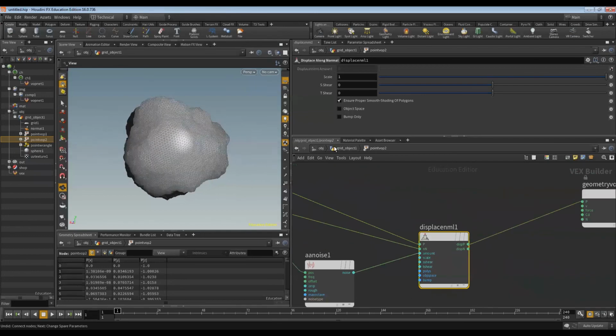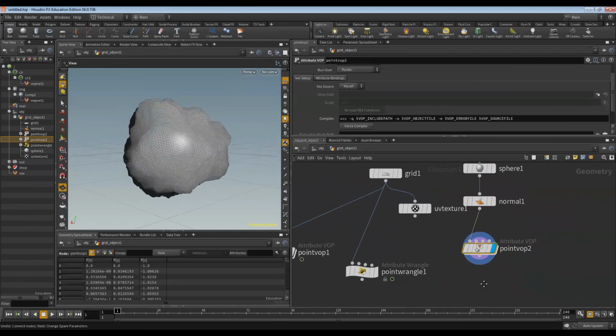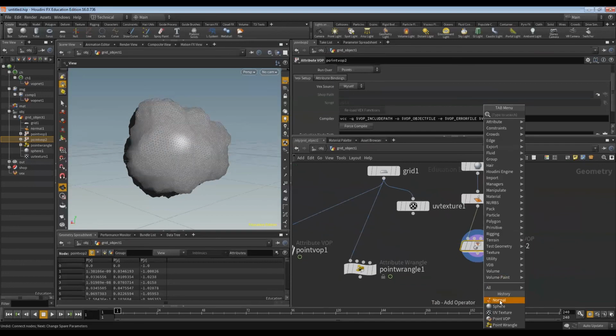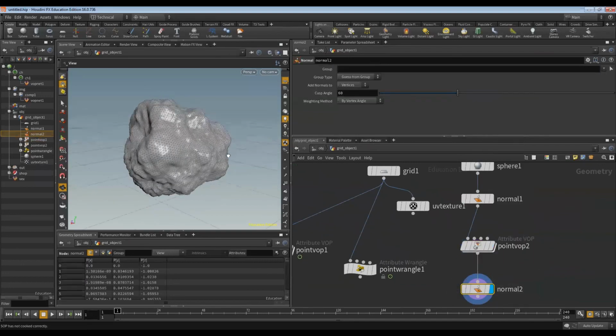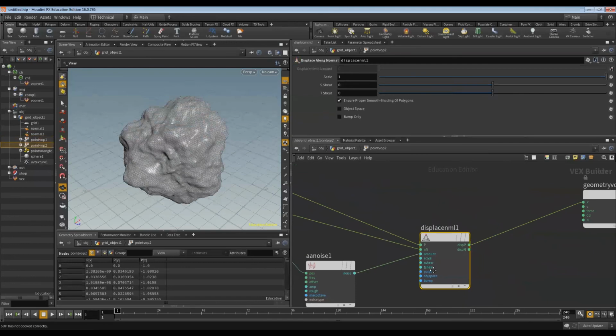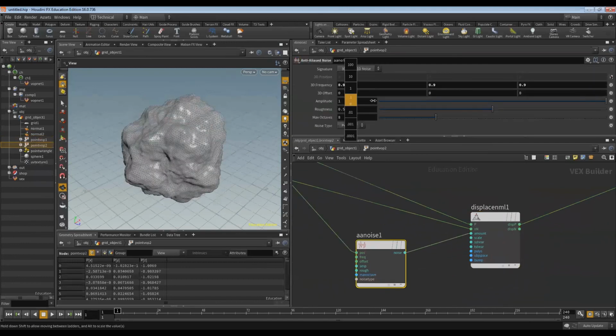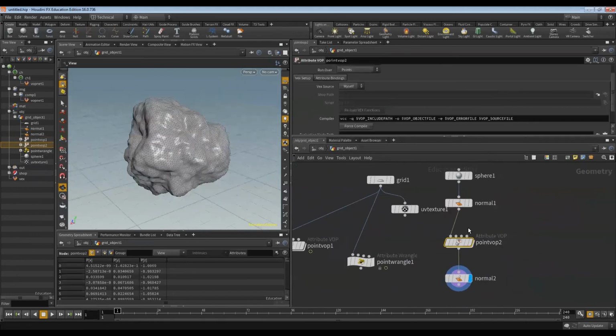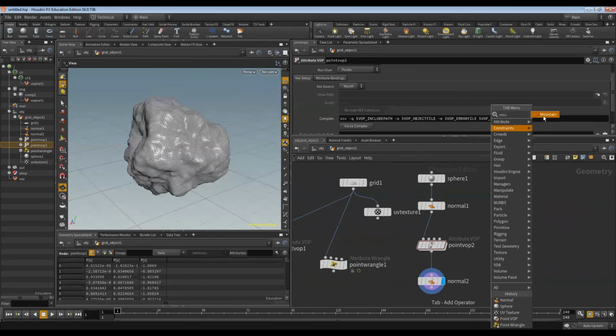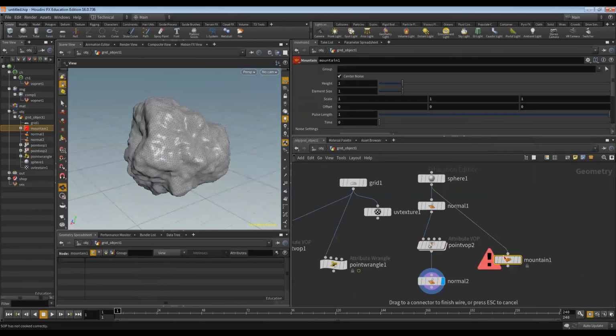You'll see it now radiates out correctly, a bit like the mountain SOP. In fact, this is a mountain SOP. I need to recalculate those normals so we can see the shading correctly. And in here now, I can play the noise on my 3D shape. And like I said before, that pretty much is what the mountain SOP does. If I just plug the mountain SOP into the sphere,